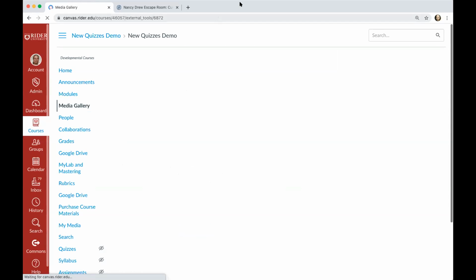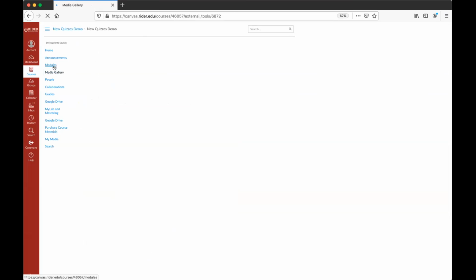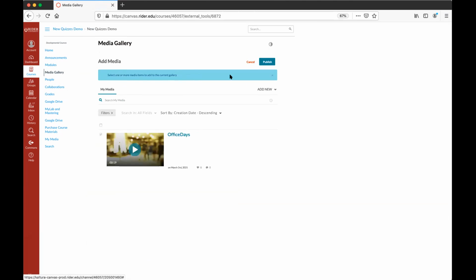a student perspective really quickly to give you an idea of what that looks like. And so I'm in this course with a student level account. When I head over to Media Gallery, you'll notice that I have an Add Media button as a student. So when I click that Add Media button, I can pull from my own personal My Media area as a student. So students have a My Media just like you do,